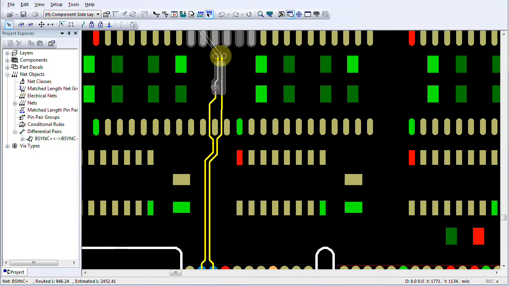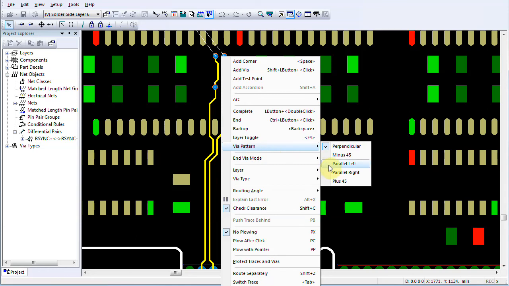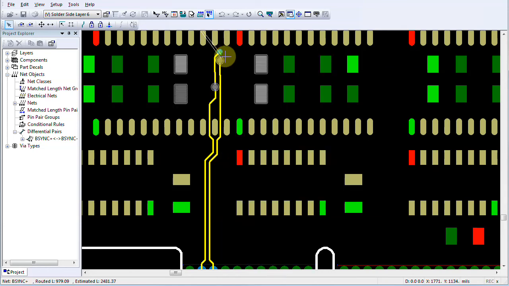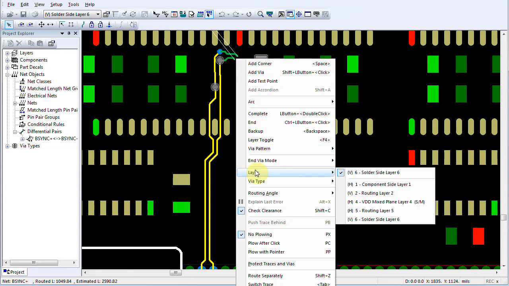While routing a differential pair, I can press Shift-click to add a pair of vias. After insertion, I can right-click and click a different via pattern. Here I change the pattern to parallel left. After setting my via pattern, I also right-click and click Layer, routing layer 5 to route to the next destination